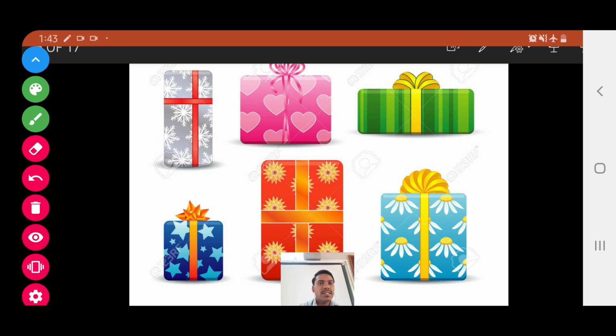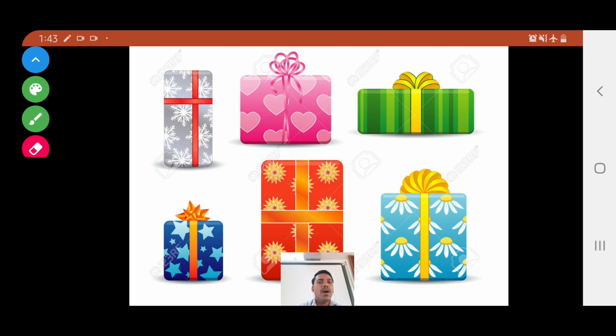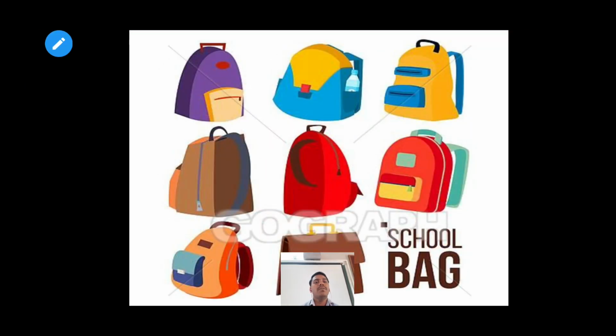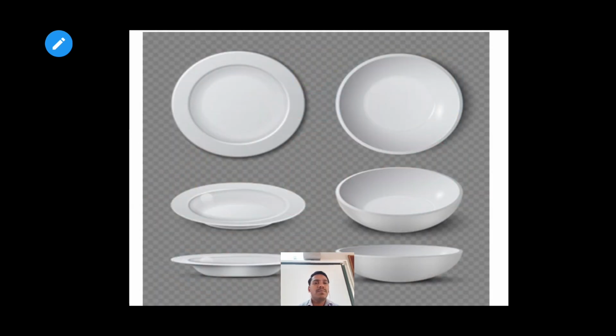Let's move to the next slide and check how we can see different angles of different things. Now we use a school bag. When we see from the top side, we get a different view. When we see from the front side, we get a different view. When we see from the sideways, we get a different view. Means by whichever angle we see the thing, that angle gives us a different view. Am I right? Let's have the next picture.